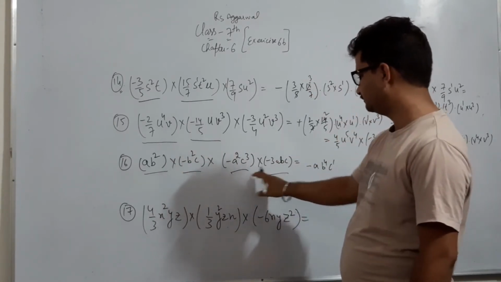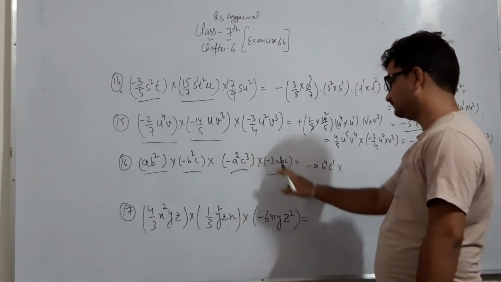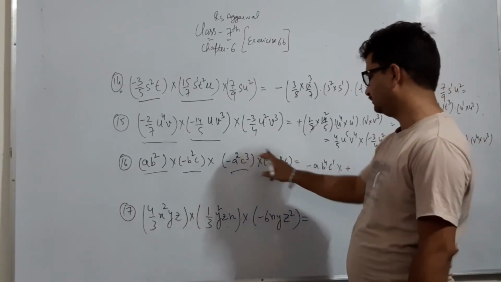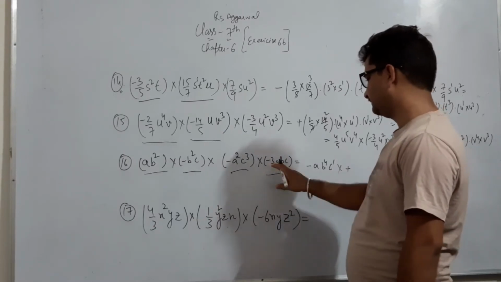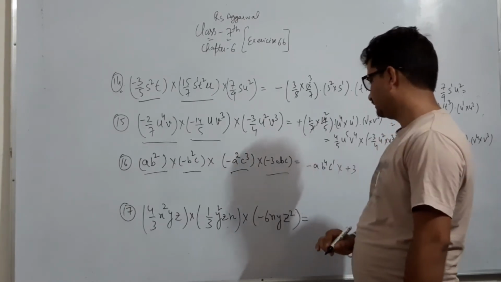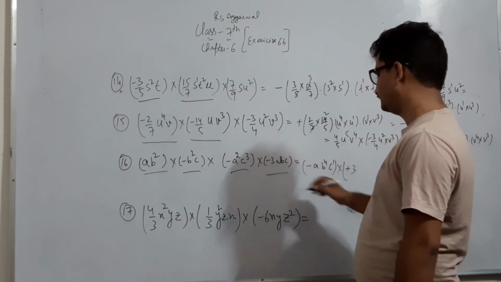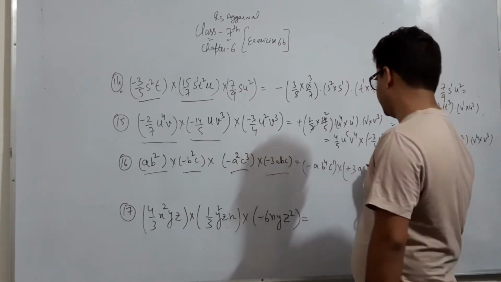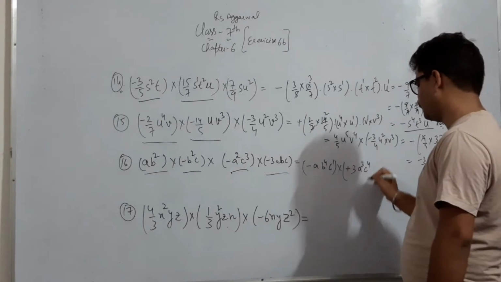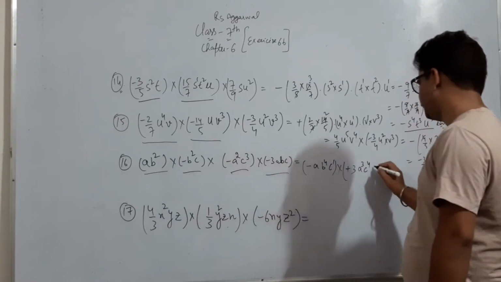And now we multiply this one both. Here we write the multiplication sign, and here the sign is minus, here is minus, minus minus plus, then a raised to power 2 and a raised to power 1. First we multiply, the constant number here is 3, here 1, so we write 3 positive, and इसको ब्रैकेट में लिख लेते हैं, इसको भी ब्रैकेट में. So a raised to power 2 and a raised to power 1 is a raised to power 2 plus 1, 3 हो जाएगी पावर. c raised to power 3, c raised to power 1, so c raised to power हमारा हो जाएगा 4. एंड नेक्स्ट b सिंगल है, तो वी राइट b raised to power 1.